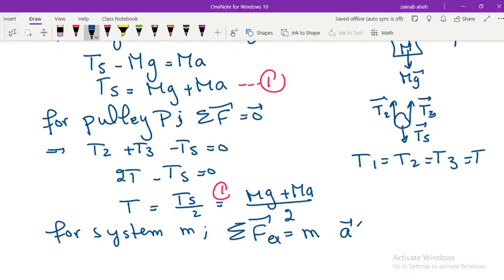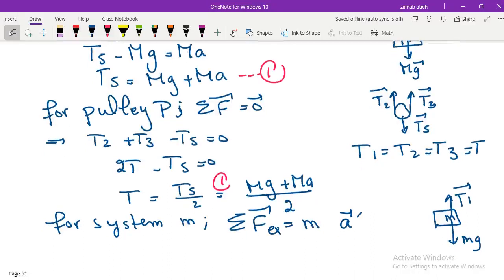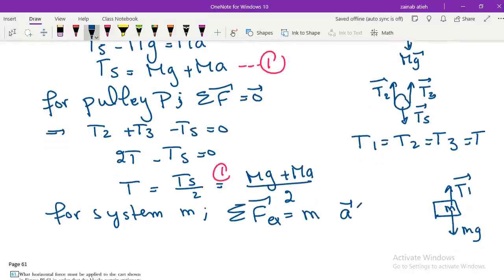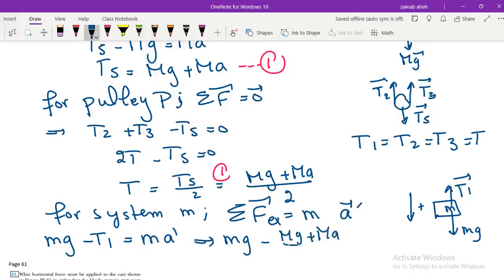So what are the forces that were acting on small m? كان عندي الويت تاعوله mg، وكان عندي t1. ما تنسوا انه t1 بتساوي t2 بتساوي t3 because it belongs to the same string. So انا t already جايبيتها. I will apply Newton's second law. رح يطلع عندي motion is downward. ما تنسوا كل شيء لتحت بيكون plus لفوق بيكون minus. So mg minus t1 equals m a prime, implies mg minus t1 جبناها اللي هي mg plus ma over 2